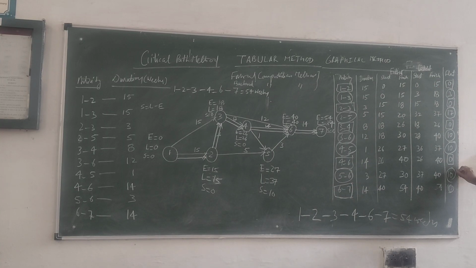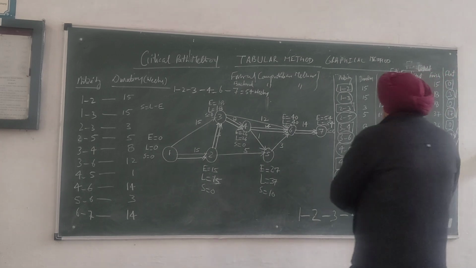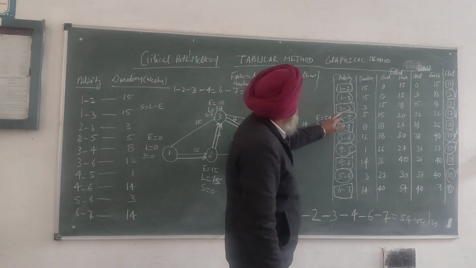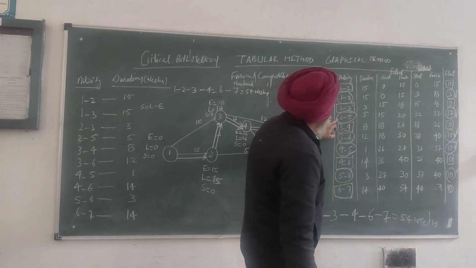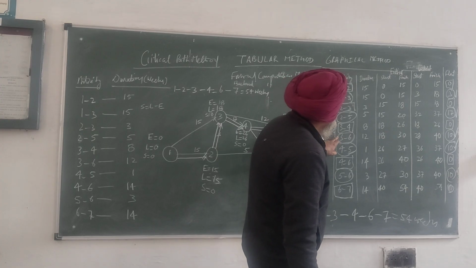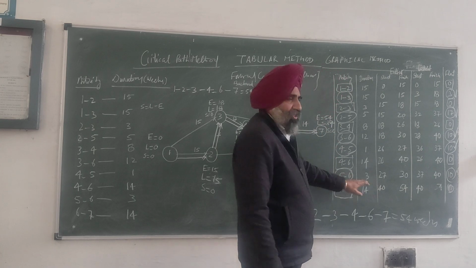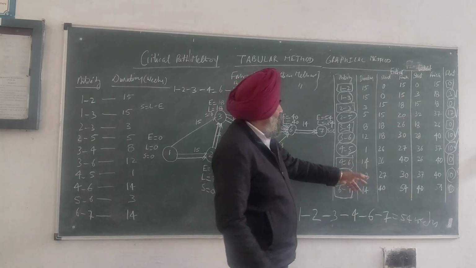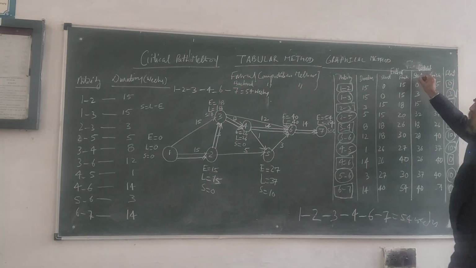So there are 5 activities where we have leverage, from 3 weeks up to 17 weeks. In 3 cases, we have 10 weeks of leverage. So we can delay these activities, 1 to 3, 2 to 5, 3 to 6, 4 to 5, and 5 to 6, by the given weeks calculated in the tabular method,